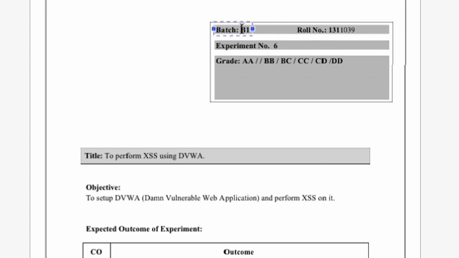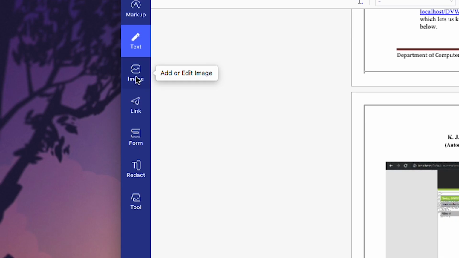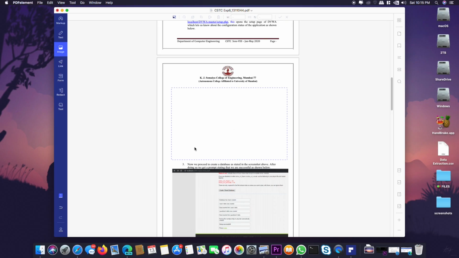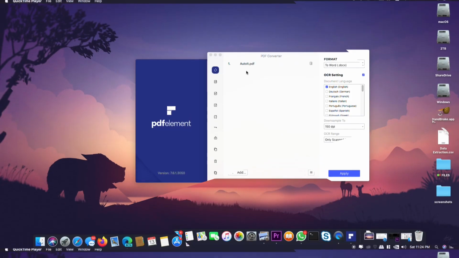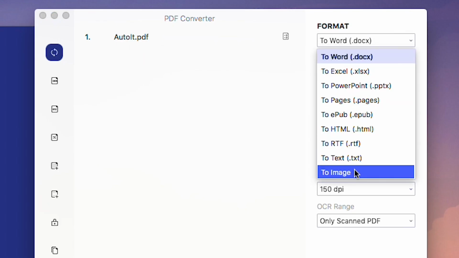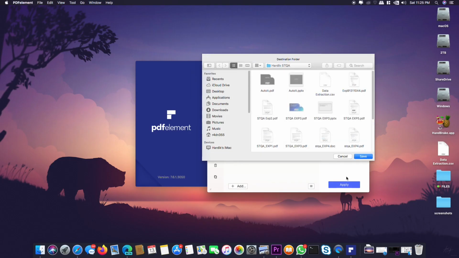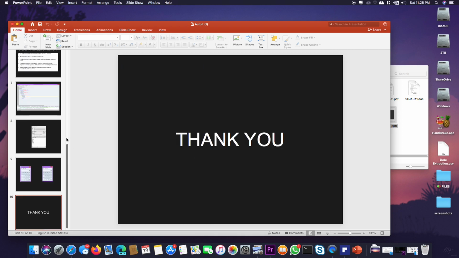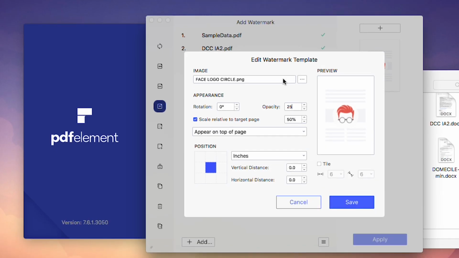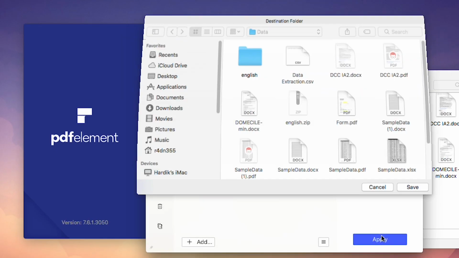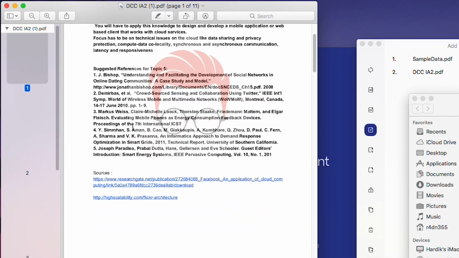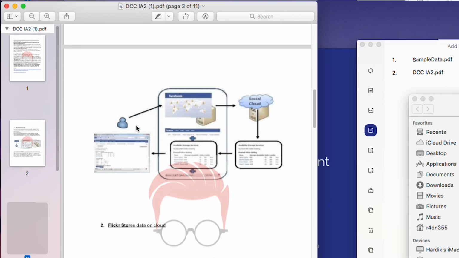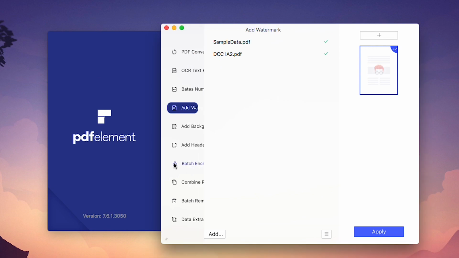Also, you can do much more. So this is not your typical PDF creator. You can express yourself visually by adding your images. You can export your file as a PowerPoint, and you won't have to waste your time changing your docs file from Word and then saving it as PDF. Adding a watermark to your PDF was never this easy. The batch process has a series of tools that makes this PDF Element stand out from the rest.